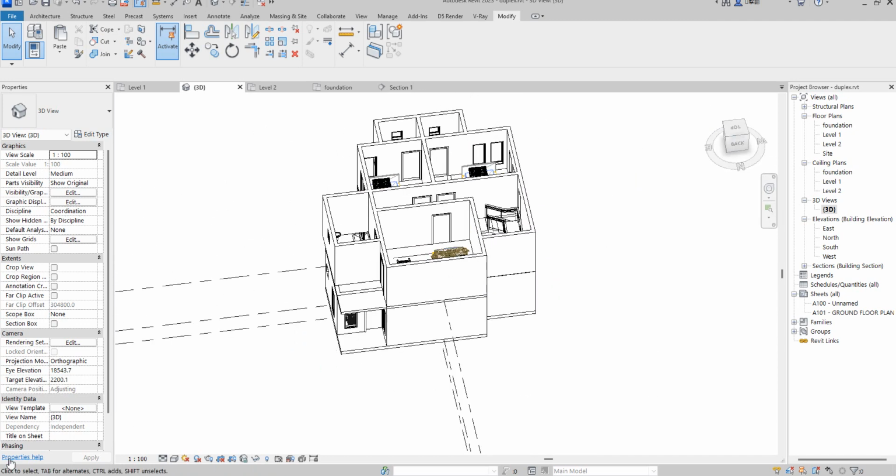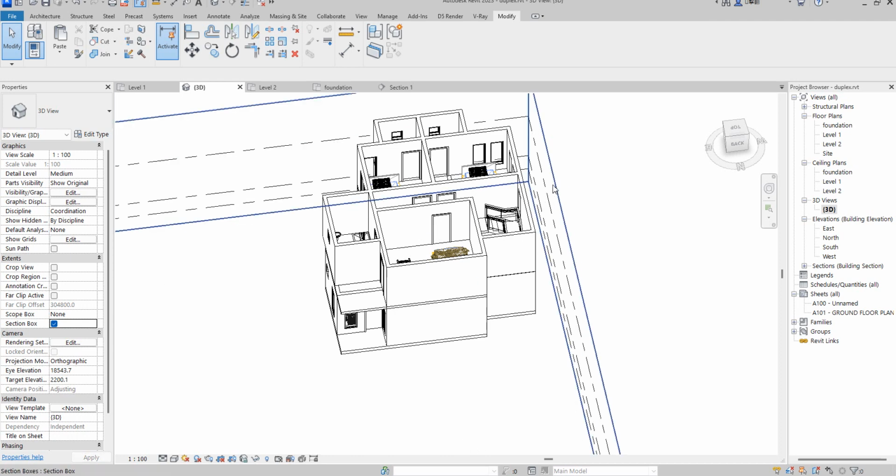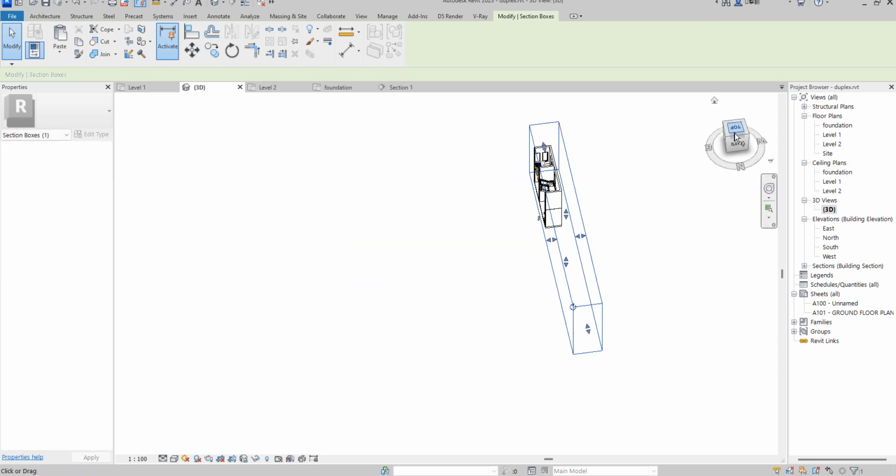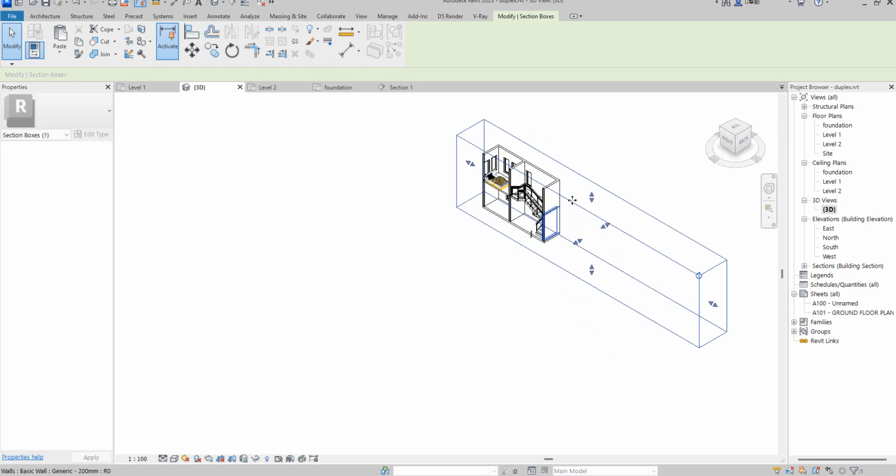If you want to see the stair completed, just click on section box, select this one now, and drag this to be able to see the whole staircase on its own. So this is the staircase. This one does not affect any of your 3D